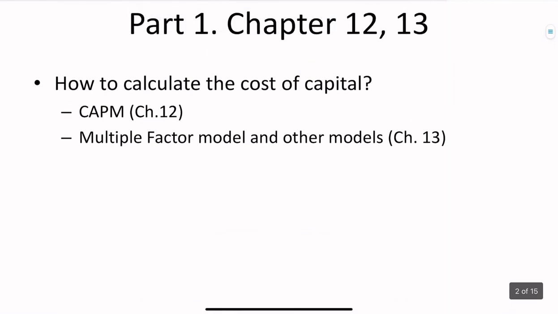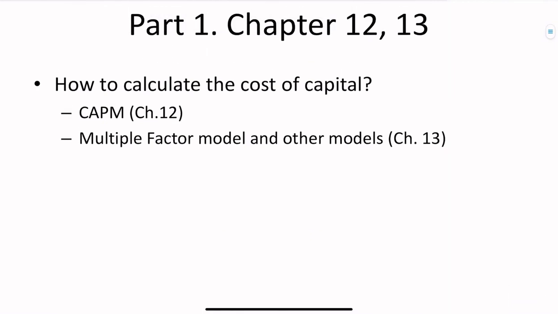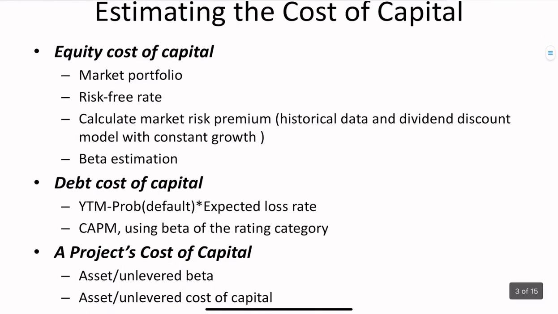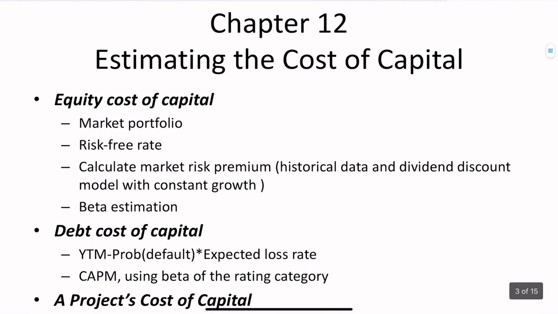The first part has 2 major topics. The first one is the capital asset pricing model from chapter 12. And then chapter 13, which is about multiple factor models and some other models to calculate the cost of capital. Chapter 12 is really about how to implement the capital asset pricing model to estimate the cost of capital. In terms of implementation, there are several